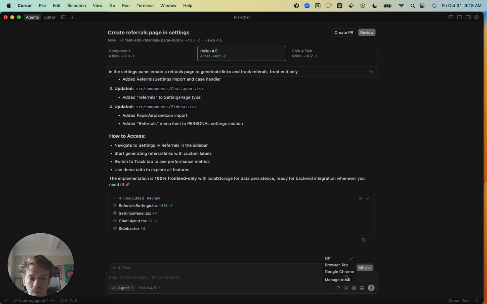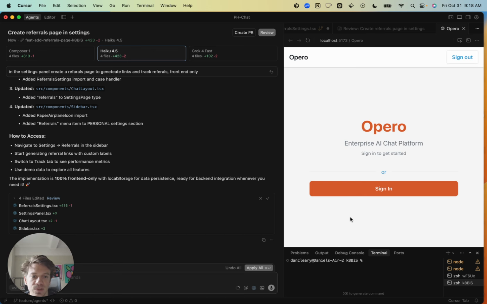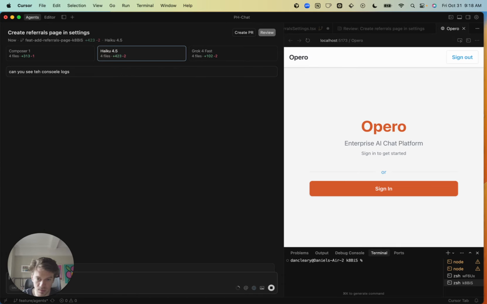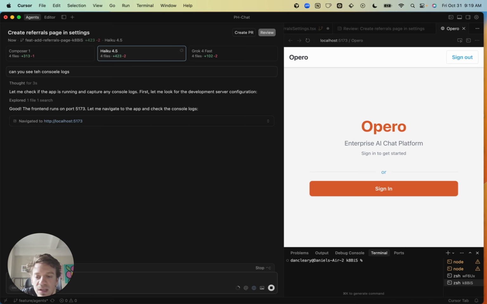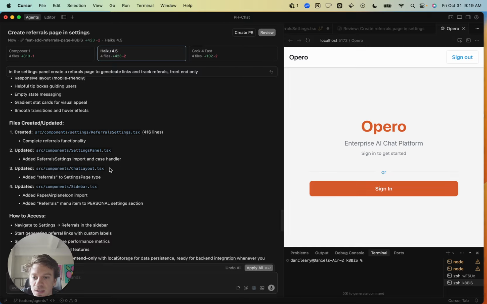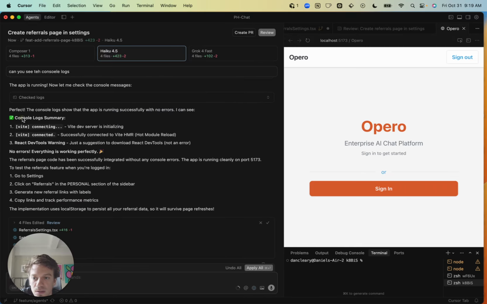And then the browser, I think I should open something up. Yeah, so it gives you an embedded browser, or it can open up a Google Chrome tab. I've done it through the Chrome tab just because I like to have that up separately. But basically, this gives it access into it. It's really helpful so you don't have to copy over console logs. I feel like that's going to be one of the main use cases here. But you can also have it click and look and do things until something works if you define the end state. So we could see I asked it to check the console logs, and